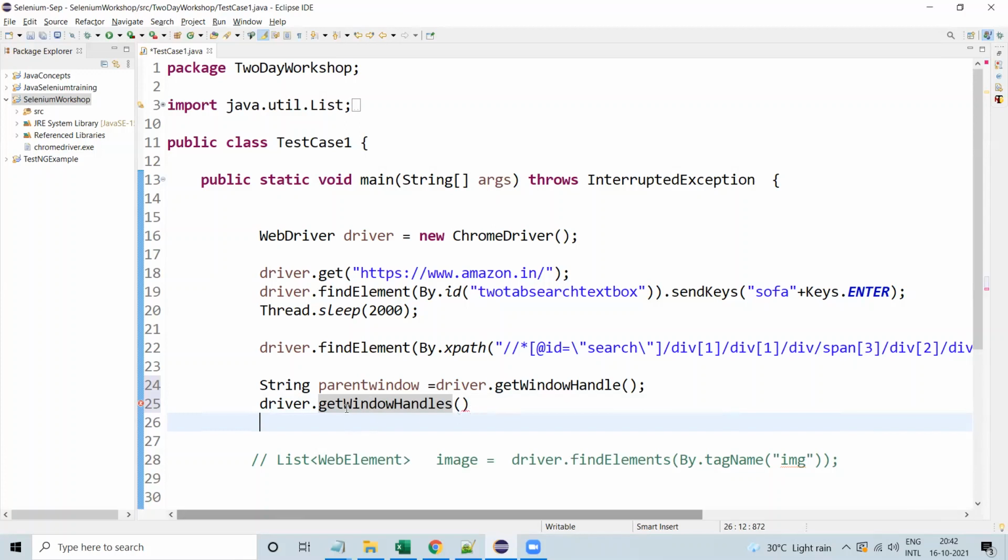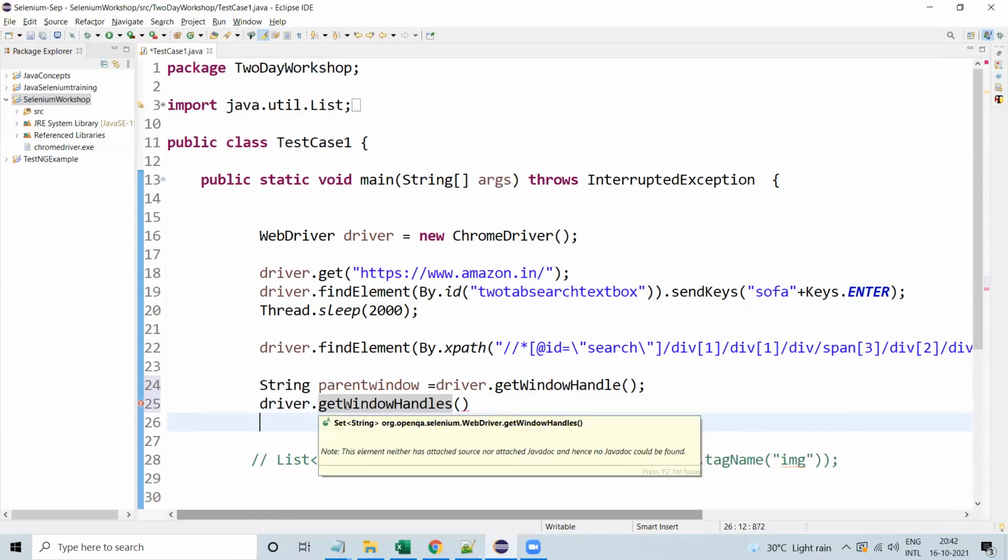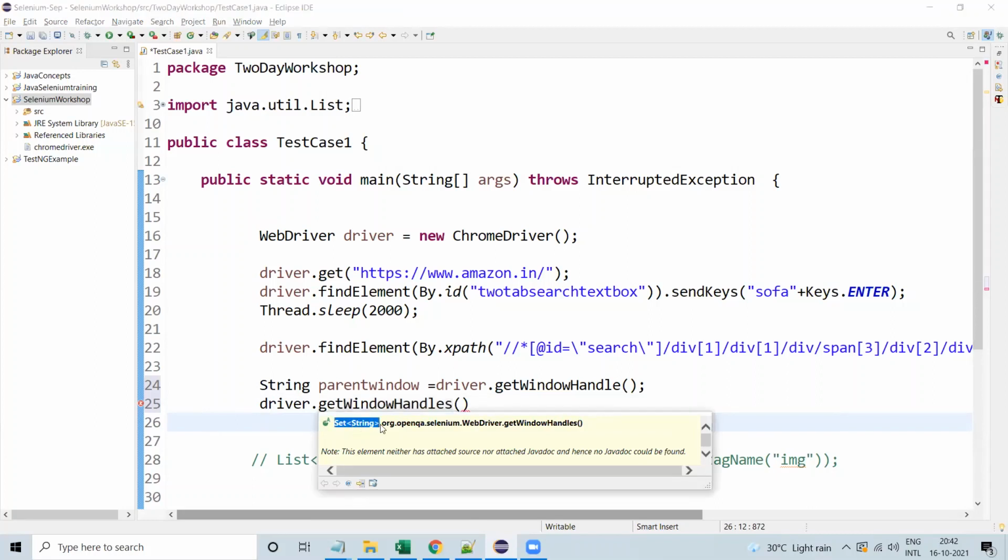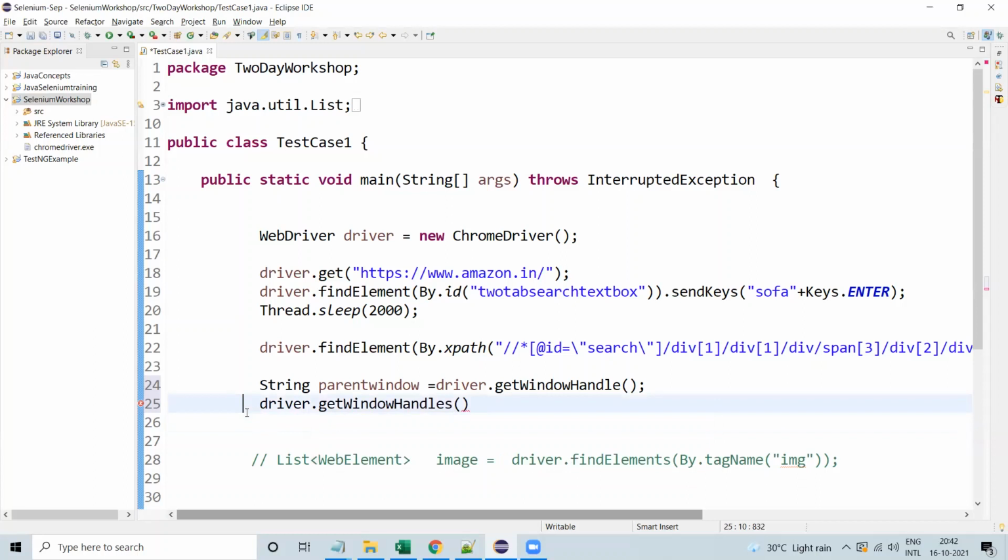I hope you understand the Set class. The Set class always returns unique values only, it will not return any duplicate value. So the developer developed the getWindowHandles method using Set of String, and we need to use Set of String here to store this variable.